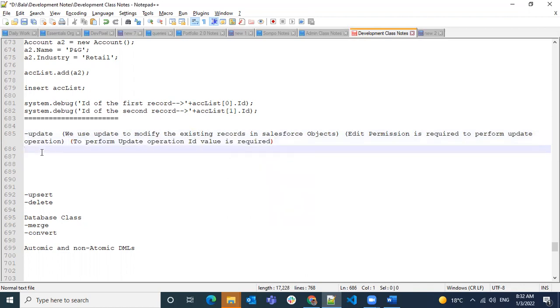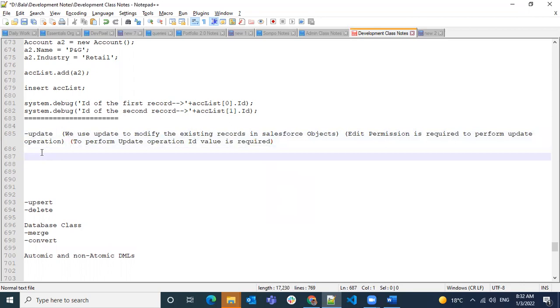Okay, so how to get the ID value? If you want to update some record, let's say if you take this example, similarly you have to assign a2.id also. How can you assign the ID values? Any idea how we'll do?